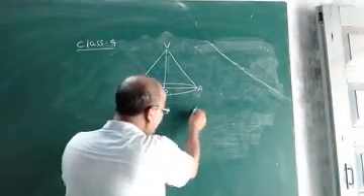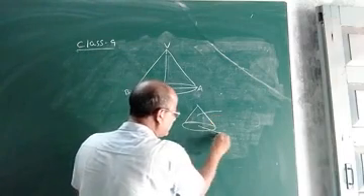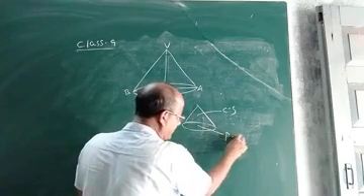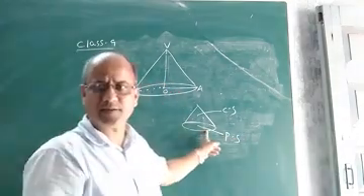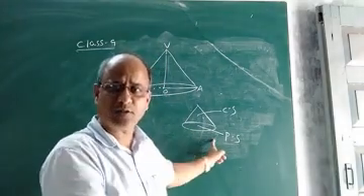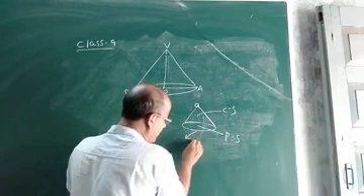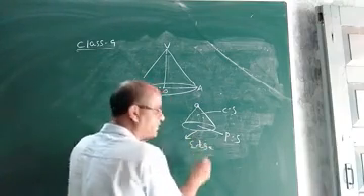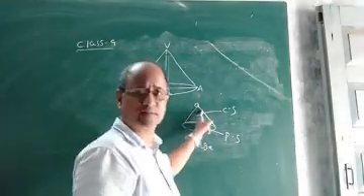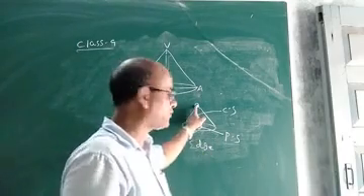Children, in junior classes we have read. Let us go back to class 3, 4 once again. See, this is a cone, this is the curved surface, this is a plane surface. A cone has two faces or two surfaces. One is curved, the other is plane. This is the vertex of the cone. This circular end is called the edge of the cone. So we know that in a cone there are two surfaces or two faces, one curved and the other plane. It has one edge and one vertex.